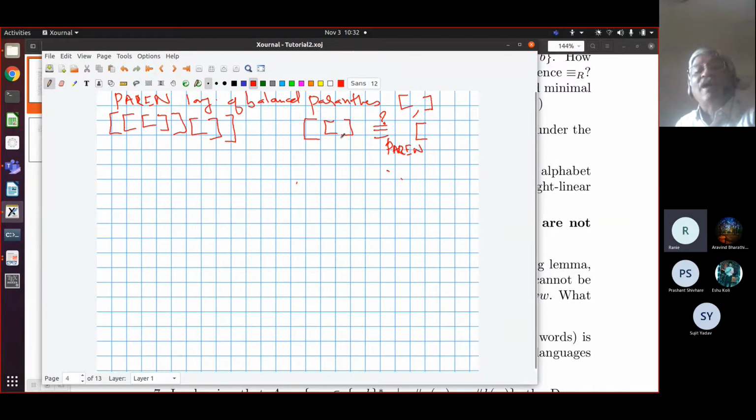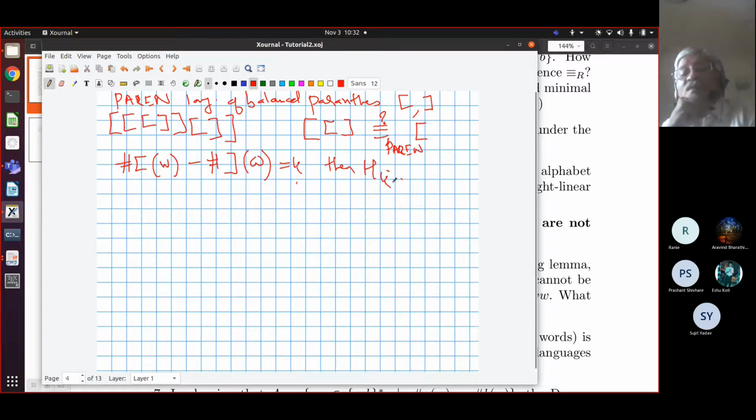Right. So that should give you an idea of what the equivalence classes are. Basically, you count, given two strings. If the count of left brackets in a word W minus the count of right brackets in W is equal to K, say 1 here and 1 here also, then you get a class called HK.